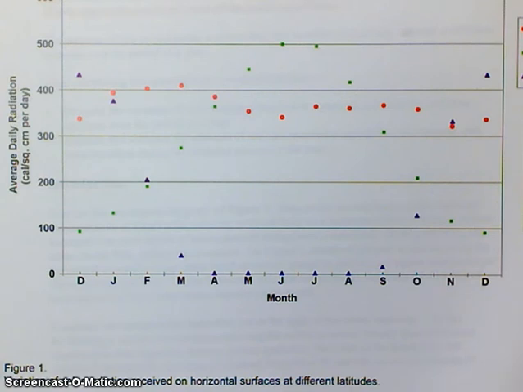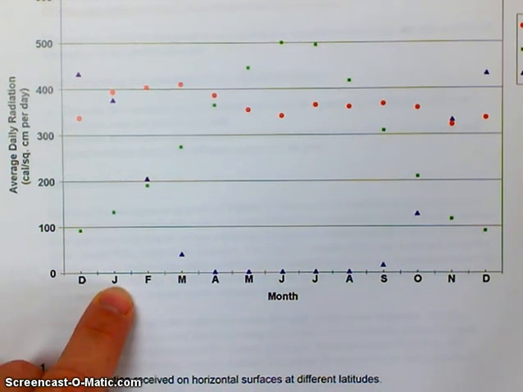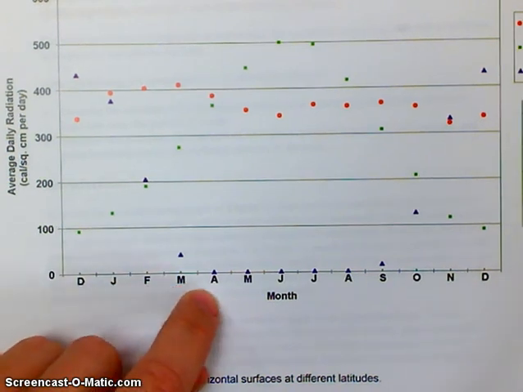On the horizontal axis, so I'm reading the introduction again. It says, on the horizontal axis, the longer marks represent the first day of each month and the shorter marks represent mid-month. Okay, so D is actually mid-December, because there's the long mark, and that long mark ends December and begins January. So the J is in the middle of January, and the F is in the middle of February. The M marks the middle of March, the A marks the middle of April, etc.